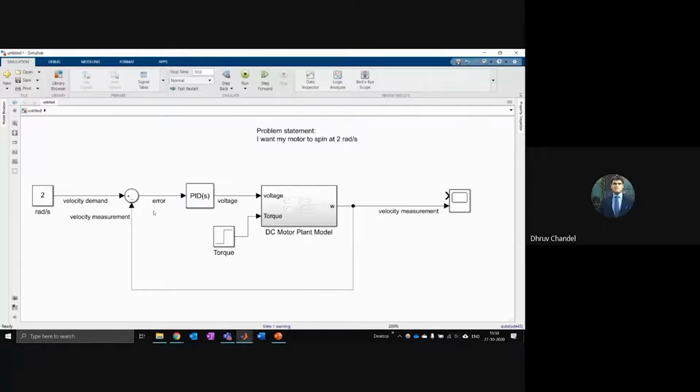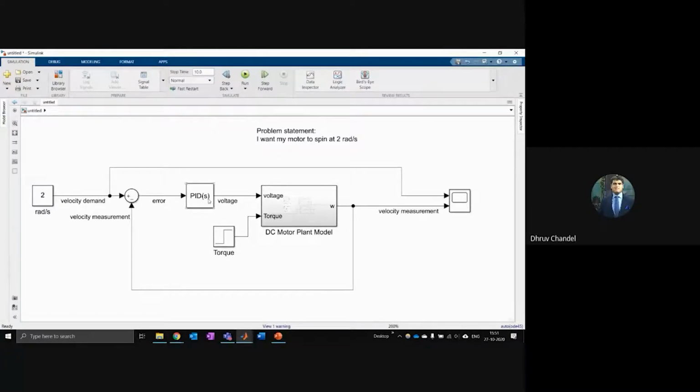The idea is that the controller can measure the error between the demand and the measurement, and based on that, it will automatically adjust how much voltage to feed into your motor. That will allow your motor to spin at a constant speed that you have specified. Why do we need all this? We'll get to that. I'll show you why we are doing all this exercise when we get to the next example. But for now, I hope this will help in understanding PID control.